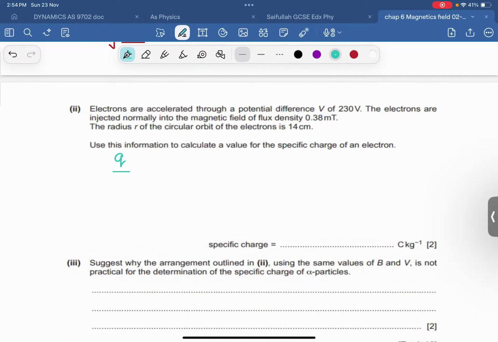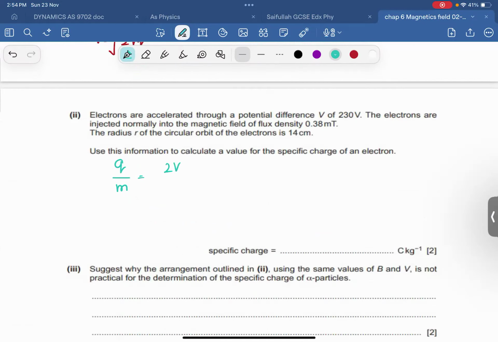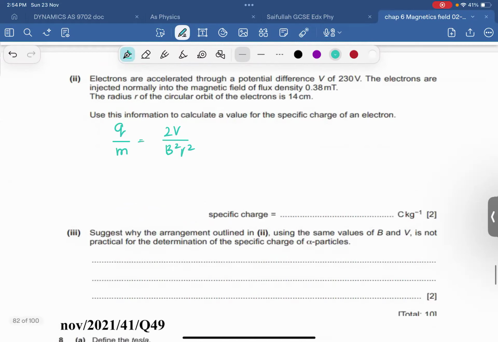Q over M needs to be found, and it is 2V over B squared R squared, right? So just put in the values and solve. So 230 divided by 0.38 exponent negative 3, whole squared, and you have 14 exponent negative 2, whole squared, right? If you solve, you will get